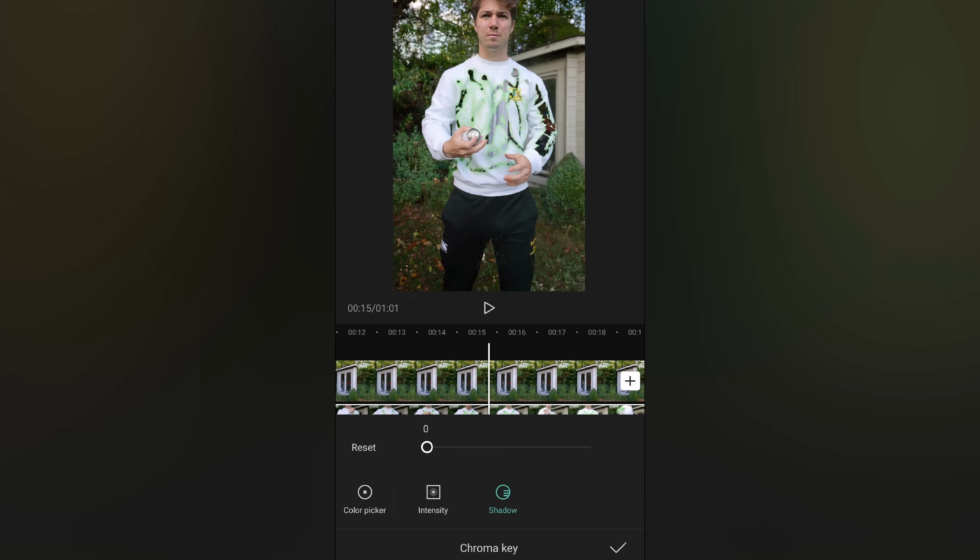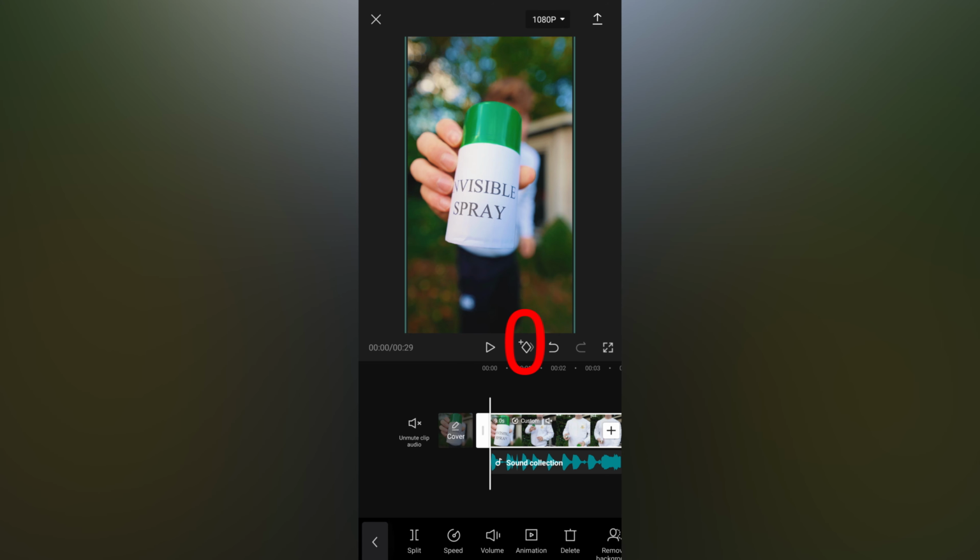Now a few extra tips for while you're editing this video. So as you can see, if I play the video just plain as it is, it's clearly filmed on a tripod, which makes it seem not very realistic. For these kind of magical edits, you want a kind of natural hand movement so it looks like someone was filming it. It doesn't look like it was just put on a tripod. And then very, very easy to edit. So how to add these hand movements, you can tap on this little keyframe feature down here, press on the plus